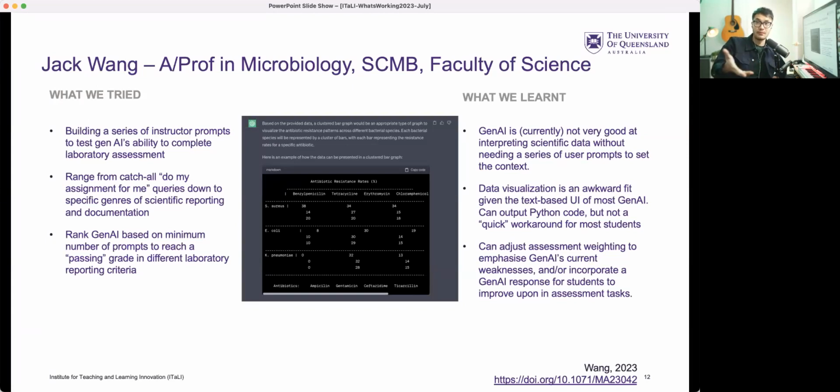As we all probably have figured out by now, those big umbrella catch-all prompts, can you just do this thing for me, don't really work out very well. But I suspect that's where a lot of students, given the headlines, would start: can you do this assignment for me, and just expect the response to be good. In science, it's pretty good at the earlier preamble opening statements for scientific studies, to give some very broad literature review and some basic concepts in the field.